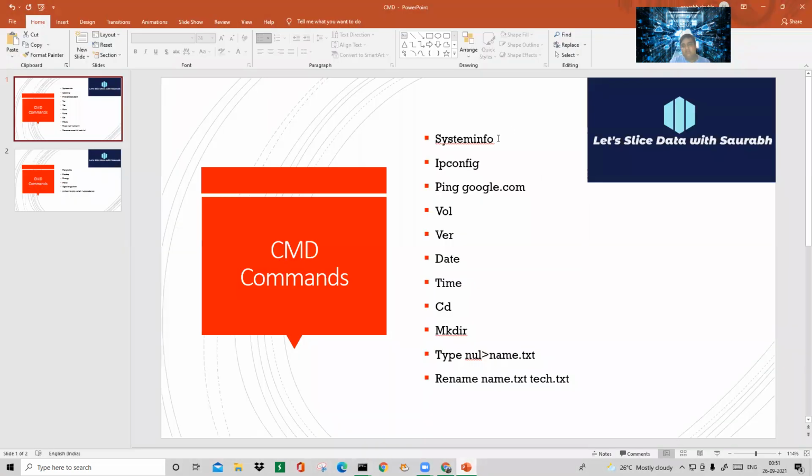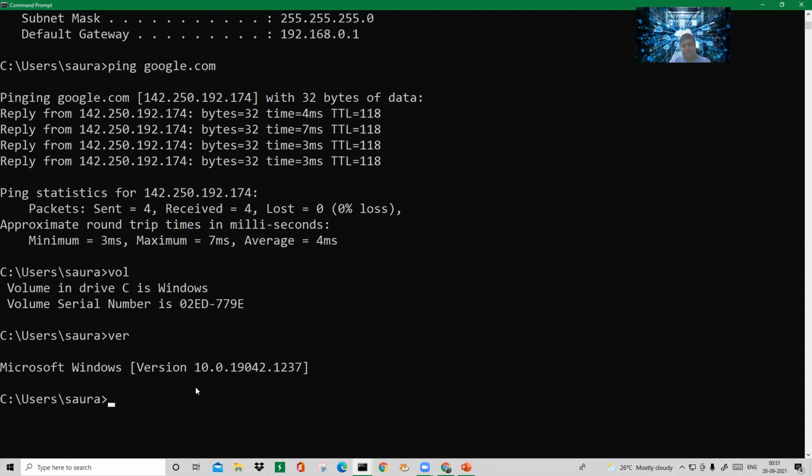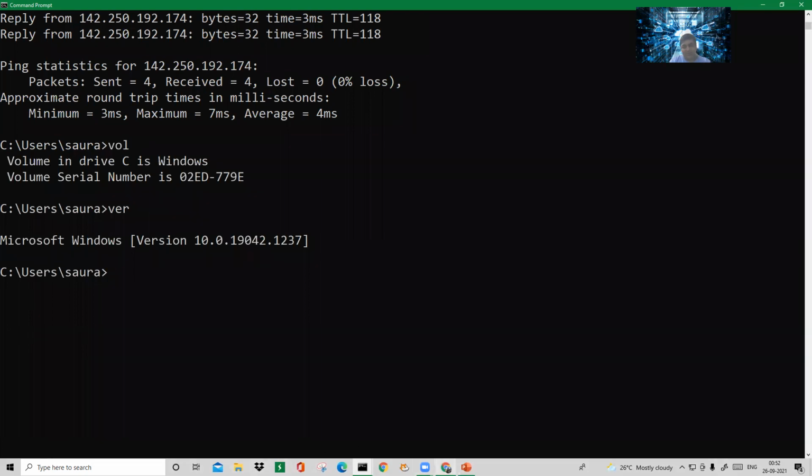So 3 commands we have seen: systeminfo, ipconfig, and ping google.com. Volume, version, date, time, these 4 are very basic commands which you have to learn. VOL will tell you which drive you are in. So I'm in the Windows Drive C. It is telling me that. And ver, what is the version of your system? Windows 10.0, something, something, it will tell you. So all these commands are important, and you have to learn these. Type these commands so that you can get used to it, because in Python you have to use this